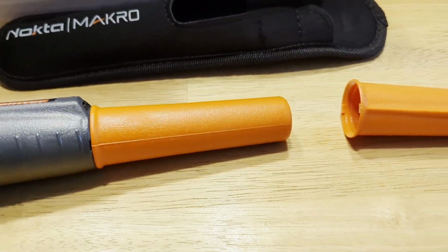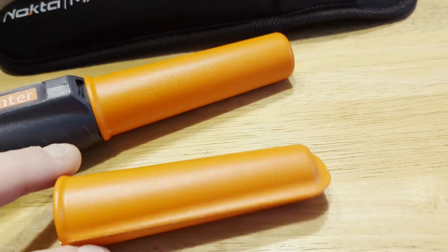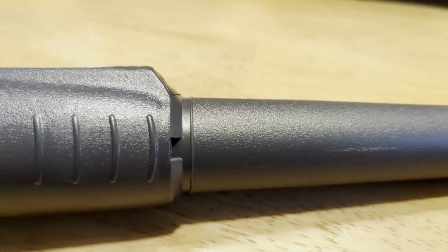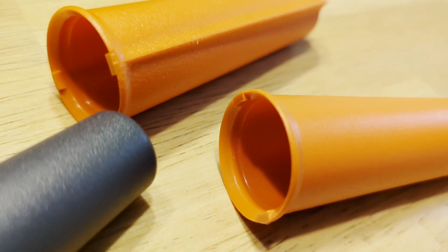Smooth tip and a blade tip for your scraping pleasure. Really cool. Easy on and off. The protective tips just lock right into those little grooves. As you can see,